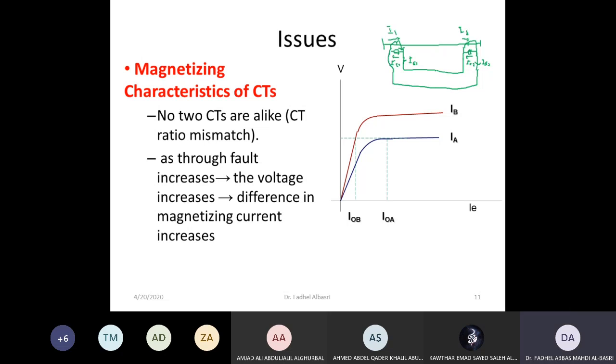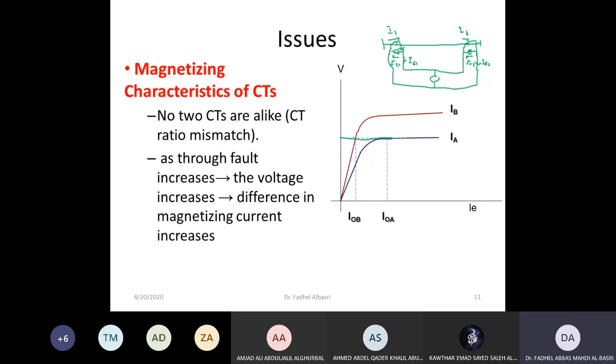And this is the relay. So the relay, now I'm assuming the relay at the center between the two. So the burden seen by this CT is the lead resistance plus this relay resistance. Because of this, suppose the characteristics are different, and this is the voltage Vs